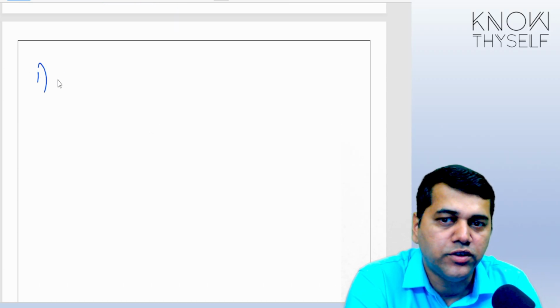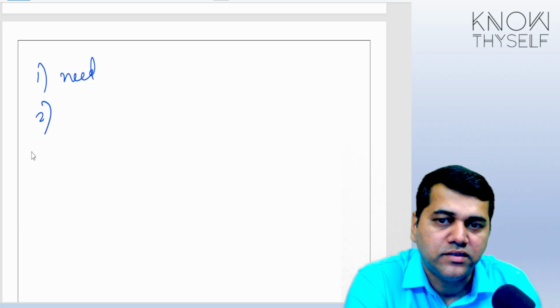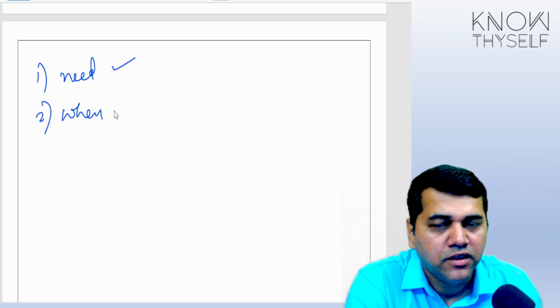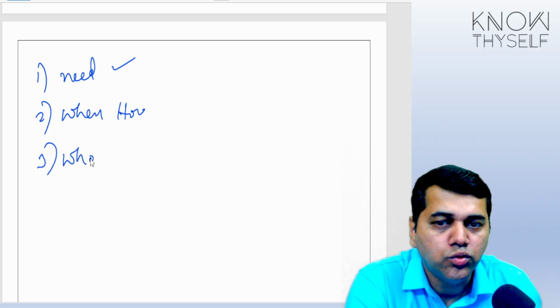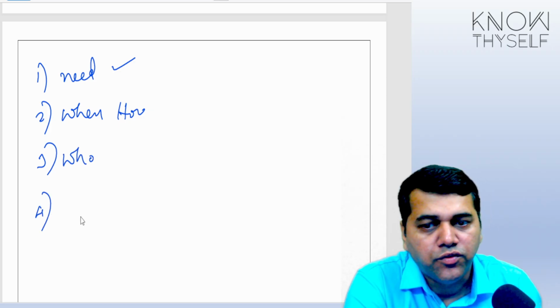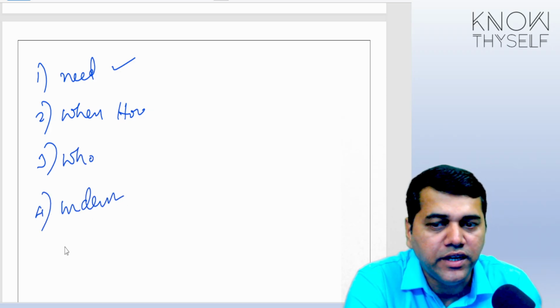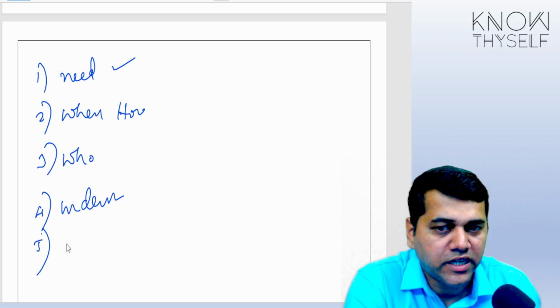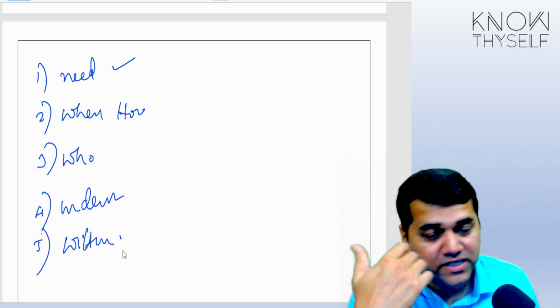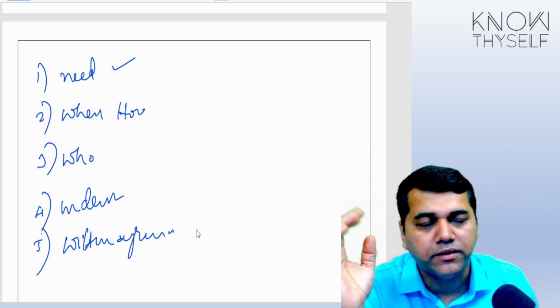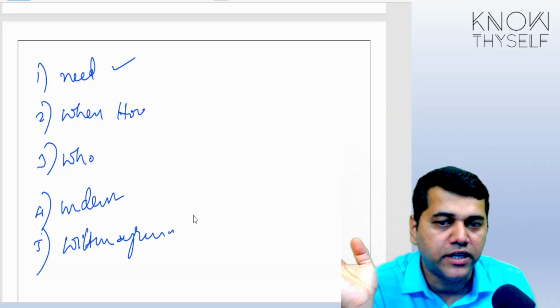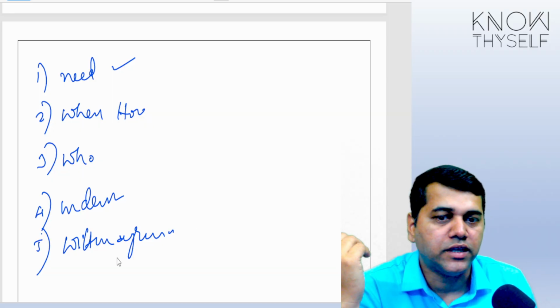First, you decided the need. Second, once you say yes, when and how. Third, you said who, the competency. Fourth, you started to understand the field. Work has not started. You have got a written agreement. Now the expert has started doing his job, because once you have a written agreement, you would have told him when to start, what to start and all. So now he will start working.